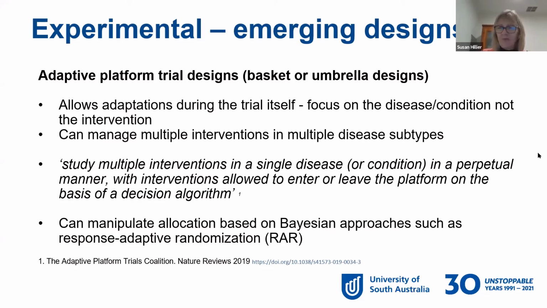And allocation can therefore be manipulated based on subgroups, response to interventions, or based on components of interventions effects. So the adaptation can occur at the allocation level or the intervention level, often using Bayesian approaches, and you'll see terms like response adaptive randomization, so that the allocation process changes within pre-established parameters. So that is not ad hoc decision-making, but there is an algorithm or decision-making tree that can be followed when certain conditions are